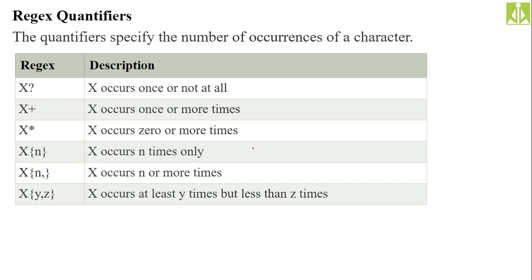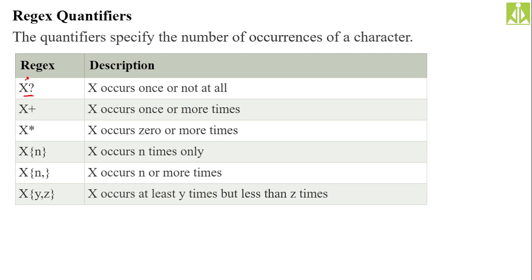Here another set of qualifiers we have, regex qualifiers we say, specify the number of occurrences of a character. Okay, X? in the sense X can occur once or not at all. Okay, question mark, if you are keeping it after the character, this will also constitute only one character position, and in that position X can occur only once or not at all.